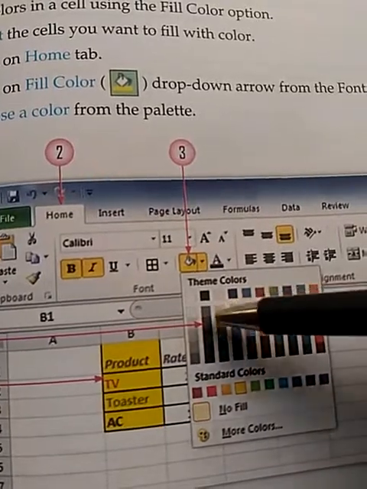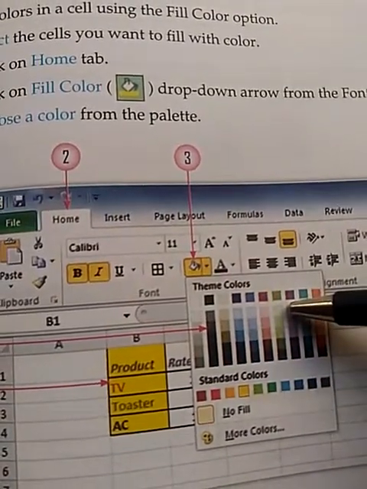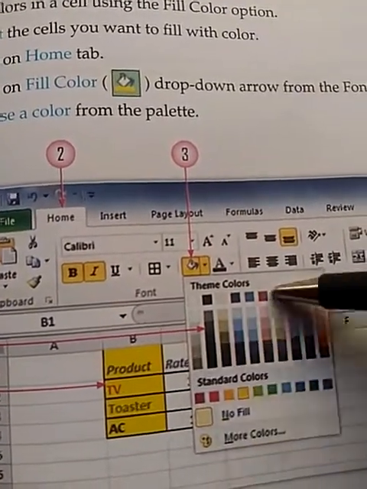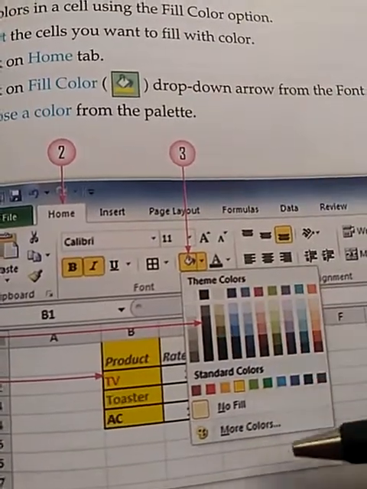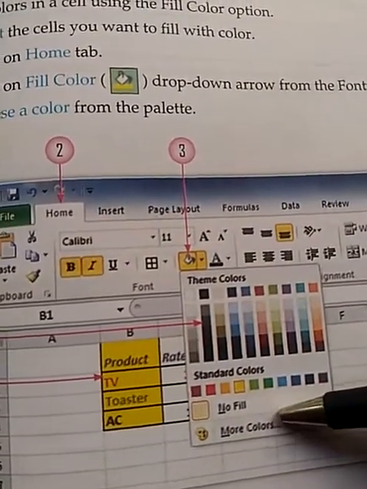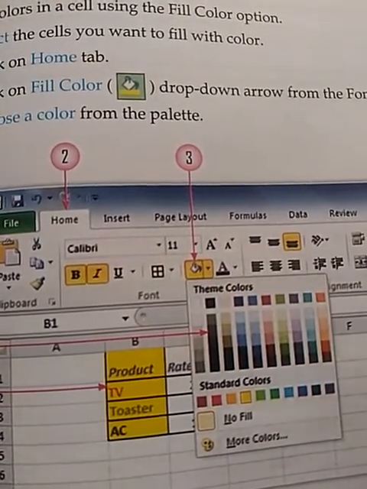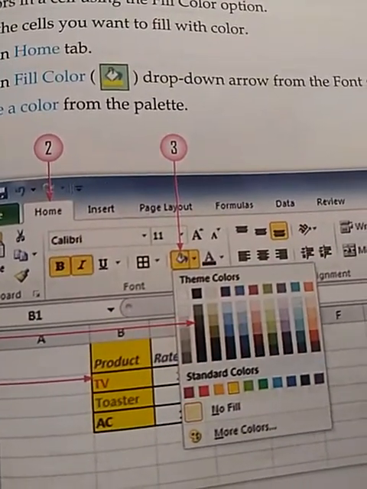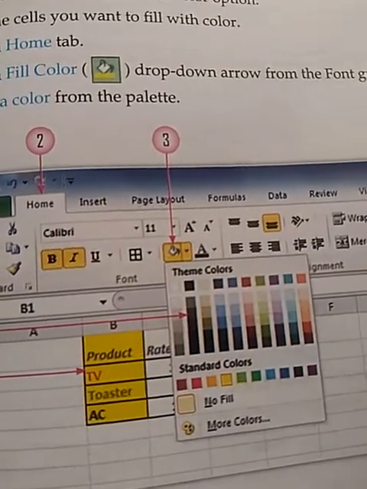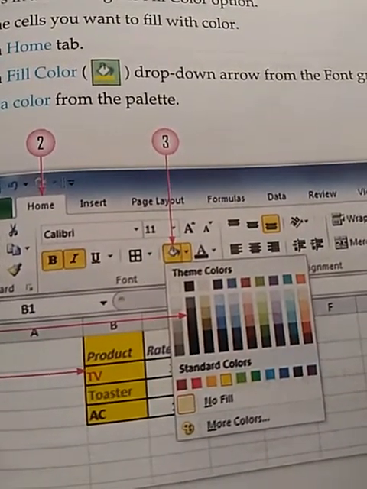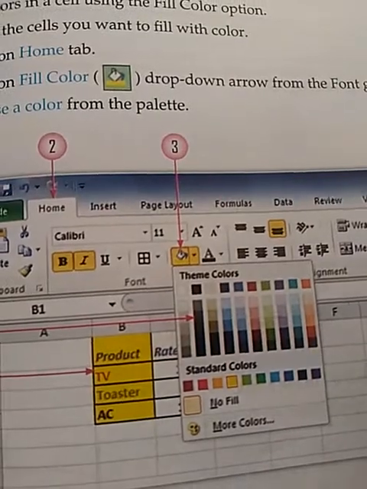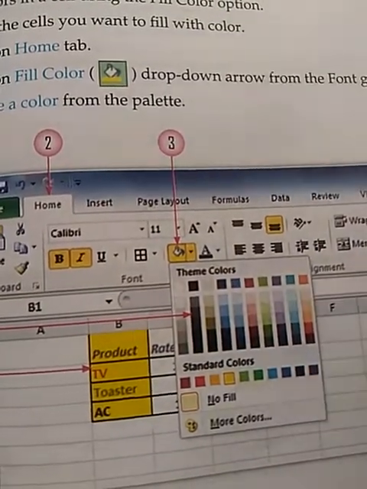You can select any of the color themes of your choice, and if you want more colors, then click on More Colors. It will open the next window, which will ask you to select any color or pattern according to your choice. The color which you selected will be implemented on the selected cells.